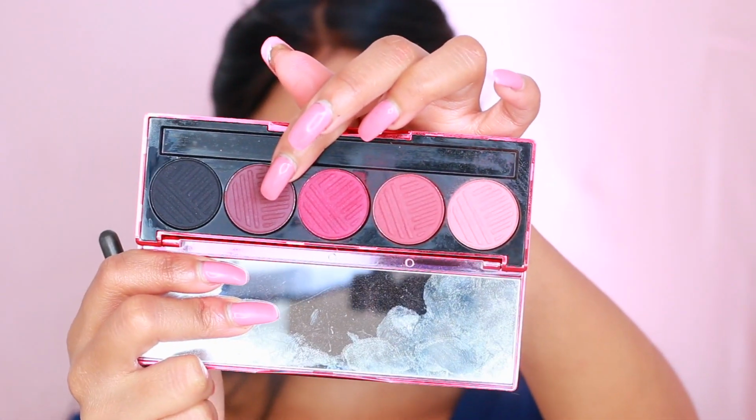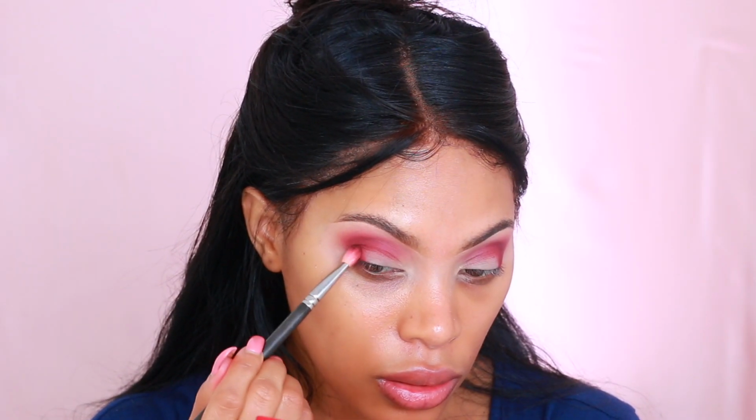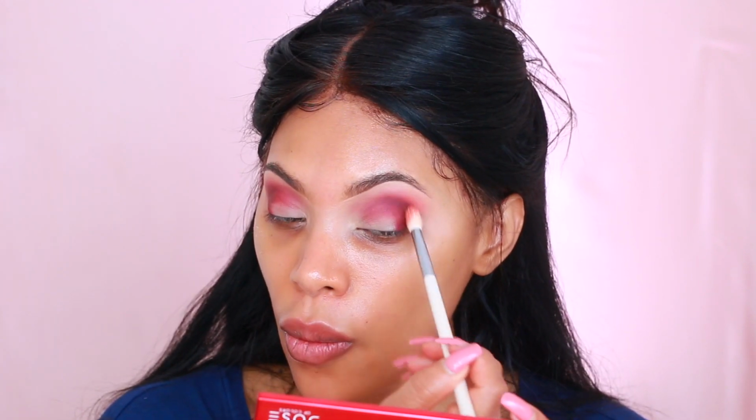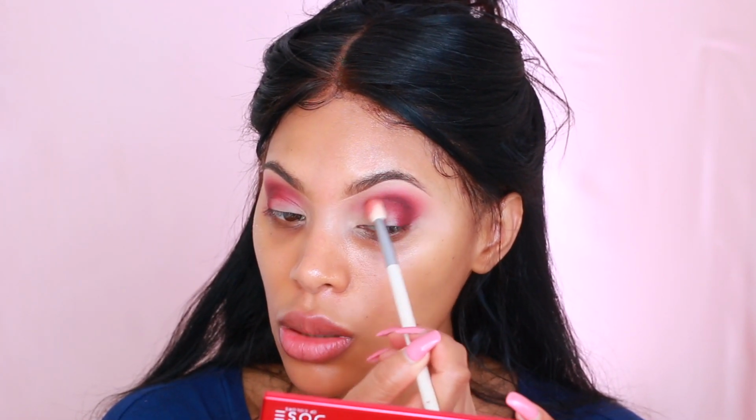So I'm going to grab this dark purple right here, and I'm going to place it at the outer corner of my eyes. So we're just going to go in with the larger blending brush just to blend out any harsh lines. Now I'm going to go in with some concealer just to create a bit of a cut crease. I think that's what we're doing today. We're going to do a little cut